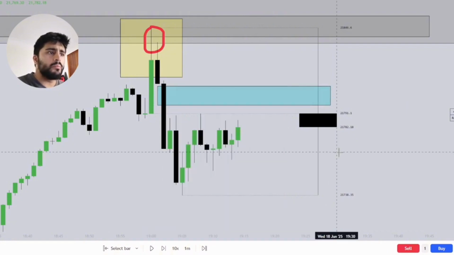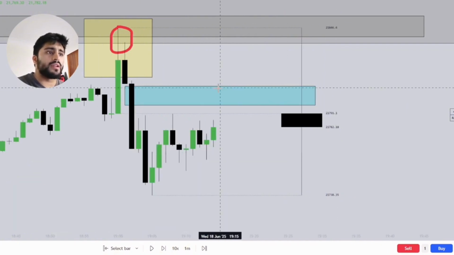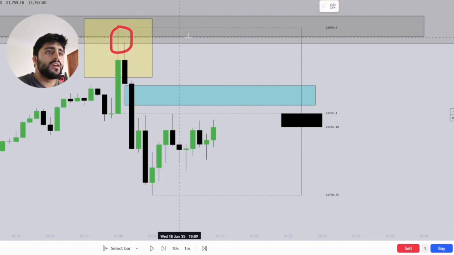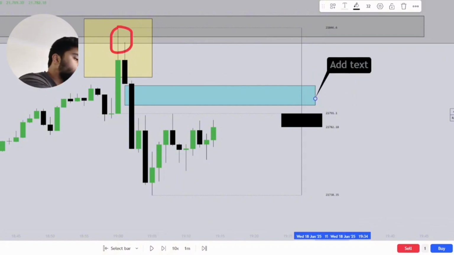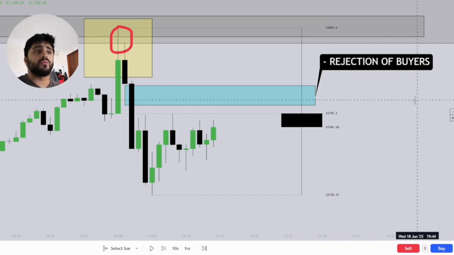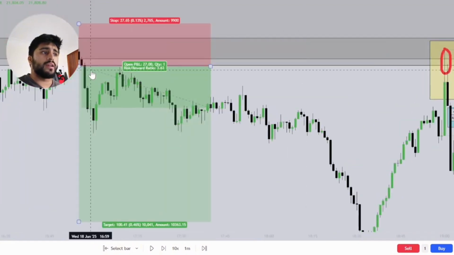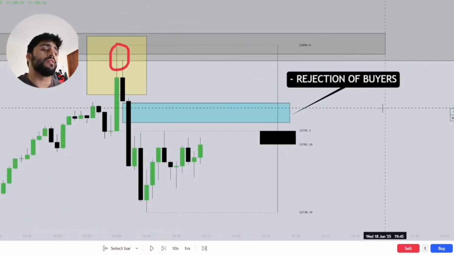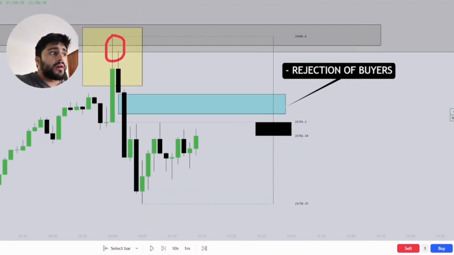Now, what makes a 1 minute fair value gap high probability, right? Why is this fair value gap high probability? Well, there's a few reasons for it. First of all, we have seen an overall rejection of buyers, right? What that means is that buyers themselves have failed once, twice, and 3 times. So we're trading in an area of strong supply or strong resistance so far. The second thing is when you combine it with the fact that we do have a 1 hour POI that's